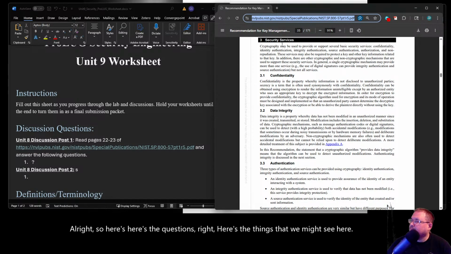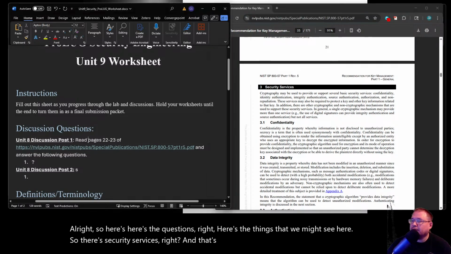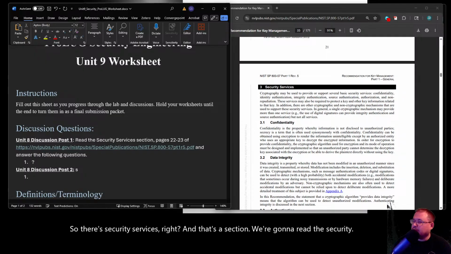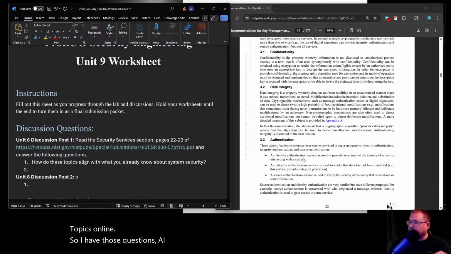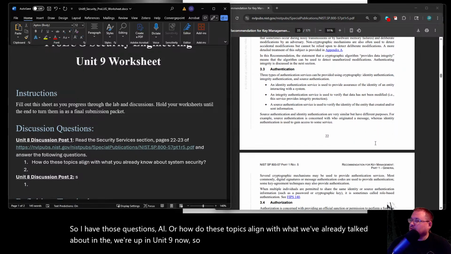So there's security services, right? And that's a section we're gonna read. Answering the following questions: how do these topics align with what we've already talked about? We're up in Unit 9 now, so all the different parts of the course that you've looked at.